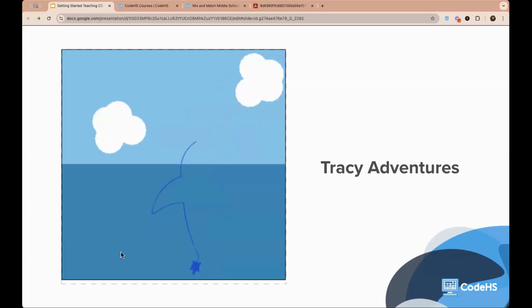Then in Tracy Adventures, Tracy is trying to find her cousin under the sea, and Tracy is a turtle. In one of the adventures, she encounters Delilah the dolphin. This is Delilah. And Delilah wants Tracy and Carol, because Carol went with Tracy, to play a game where she balances these colorful balls in a stack on her nose. She needs them to throw the balls at her. And the students use radius and Y location to stack the balls on the dolphin. And I'm going to let you know that a lot of our Python course, any of our Tracy stuff, is all based on X and Y coordinates.